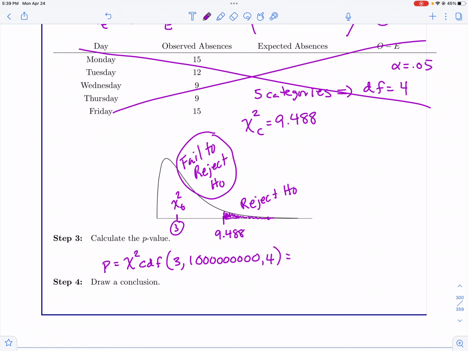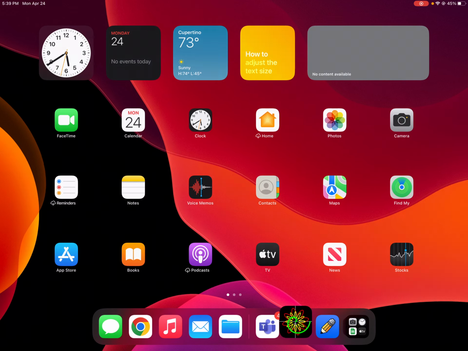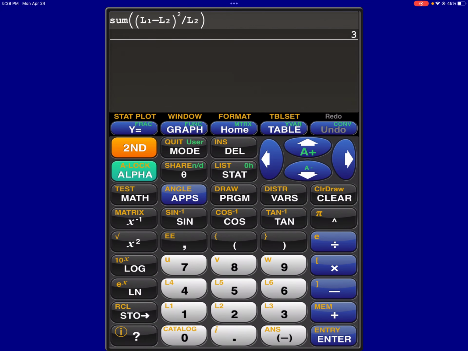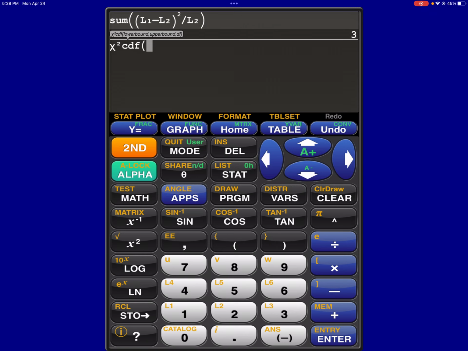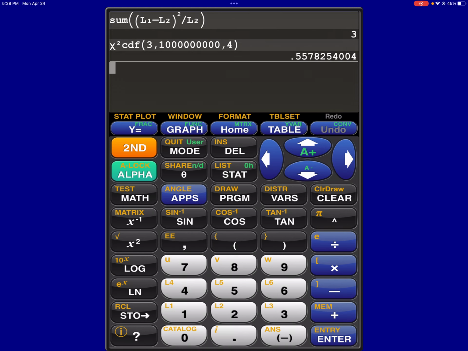So if we throw this in the calculator, our chi-squared CDF is in the same place where TCDF and normal CDF was. So we're going to hit second vars. And notice chi-squared CDF is number 8 on our list. So 3 comma some ridiculously big number comma 4 gives us